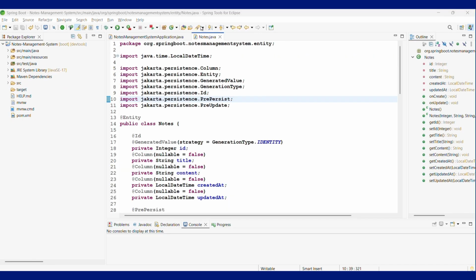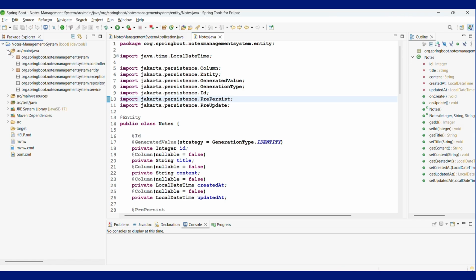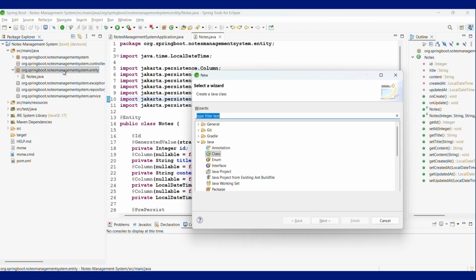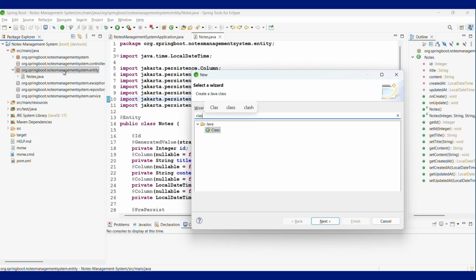Next things what we need are here. Let's come to the SASE main Java. Come back to the entity package, and we need one more class called response structure, where we have to wrap all the responses inside of this response structure. Why I'm saying this? First, let me create a class